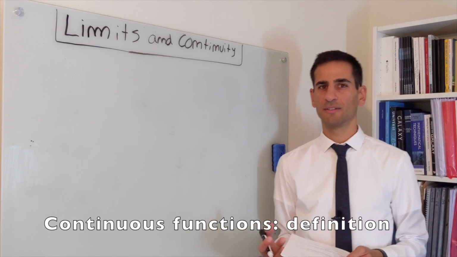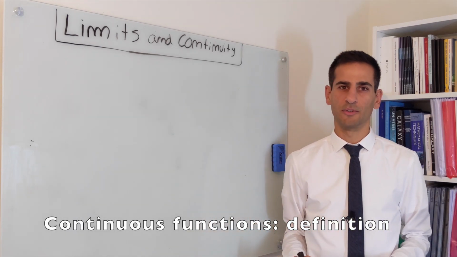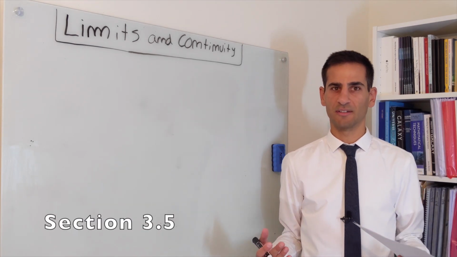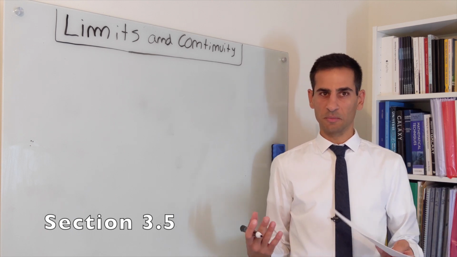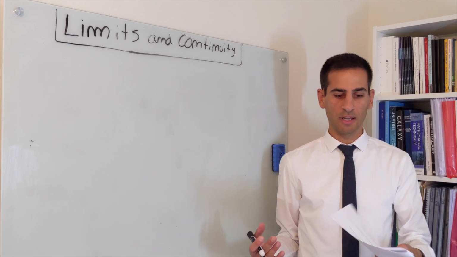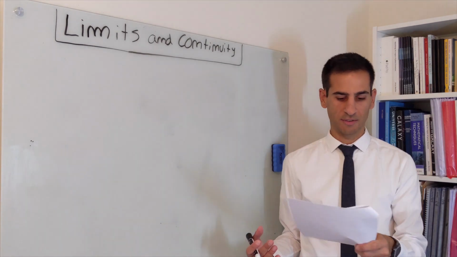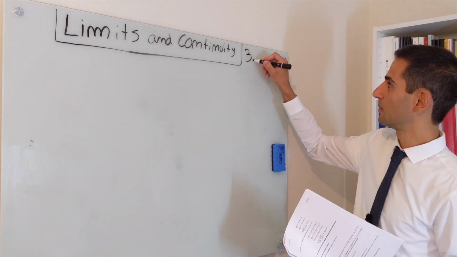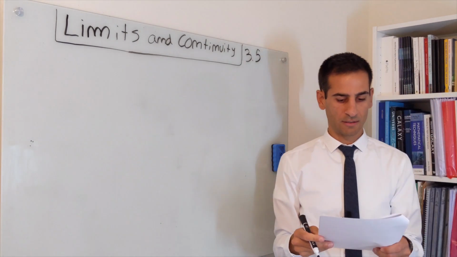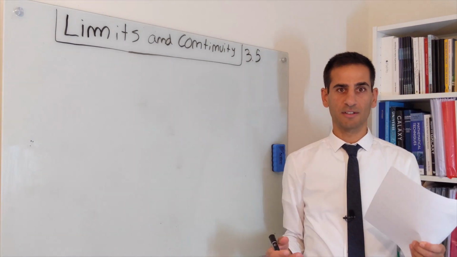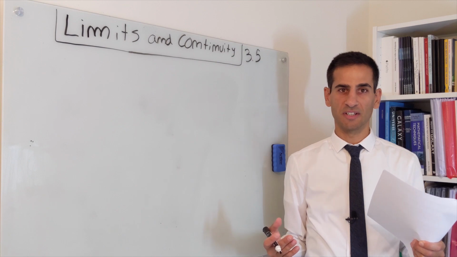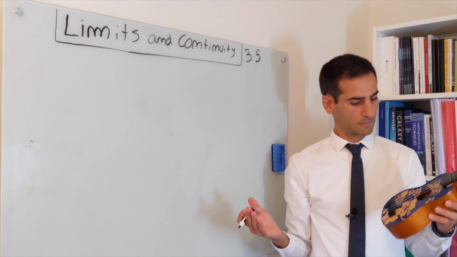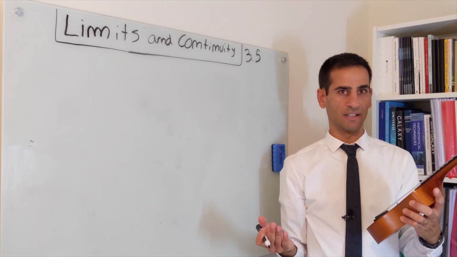We've talked about continuity before. I've tried to demonstrate that reality would not be very continuous if, for example, I'm holding the lecture notes with section 3.5, with what we're going to talk about now, and all of a sudden these lecture notes transform into, say, a ukulele. I mean, what the hell happened?